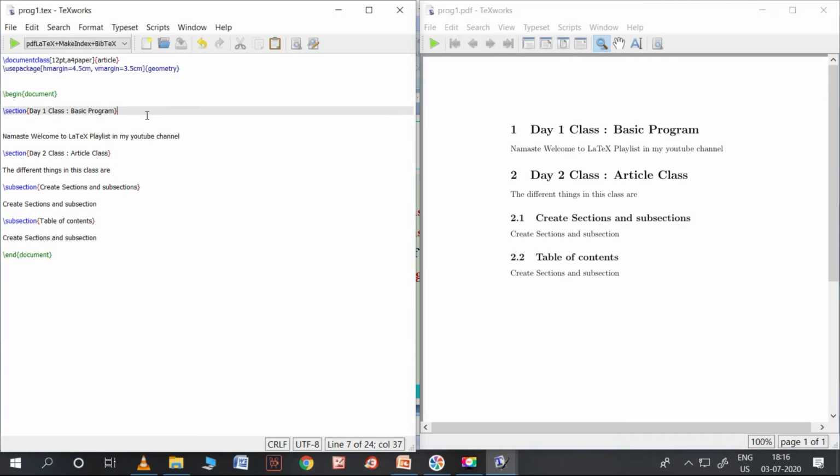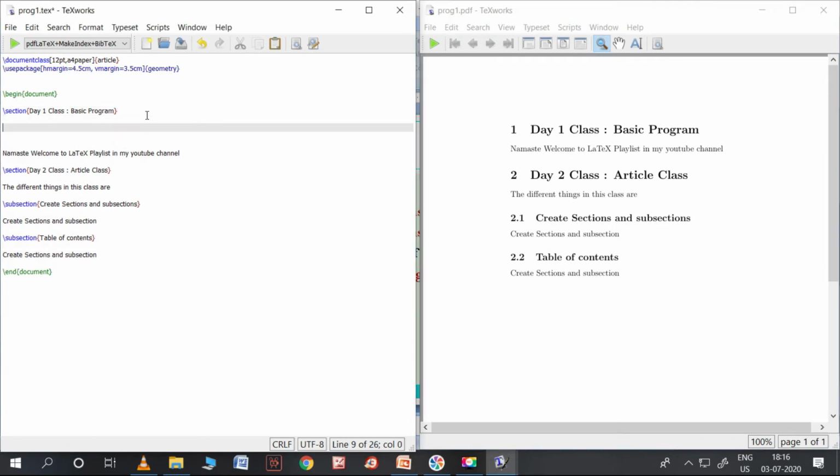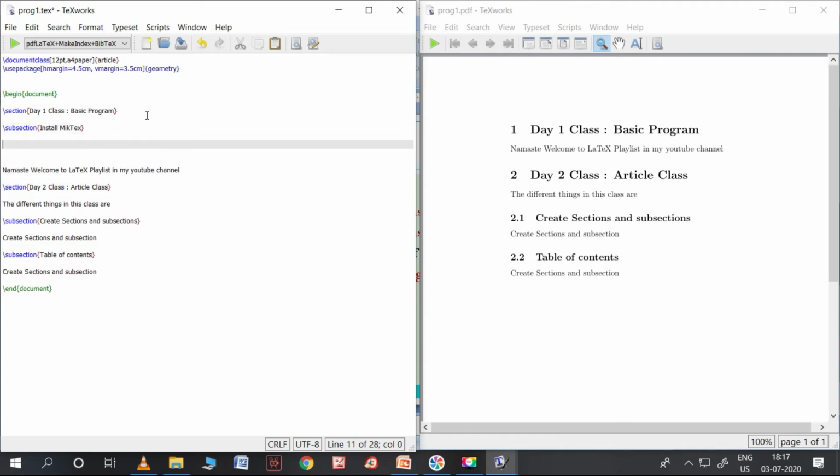So if you like, I can make some more subsections in section 1 also. Subsection install MiKTeX is one subsection, and subsection basic program is one more subsection.